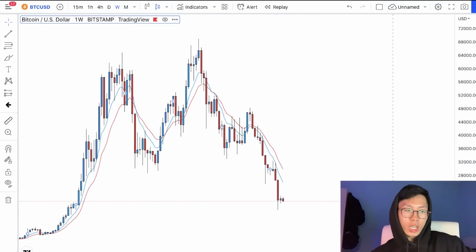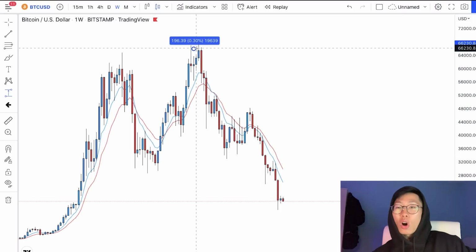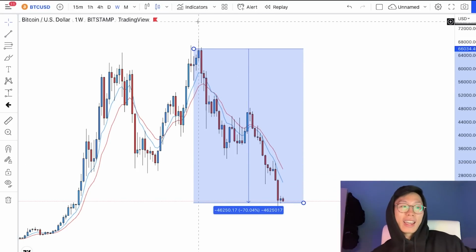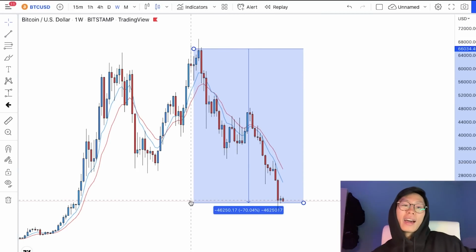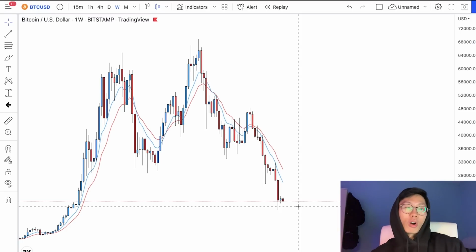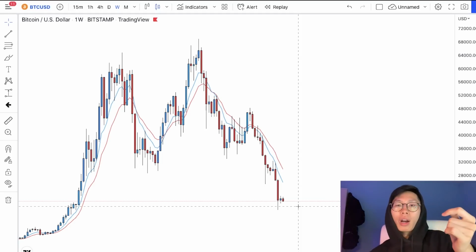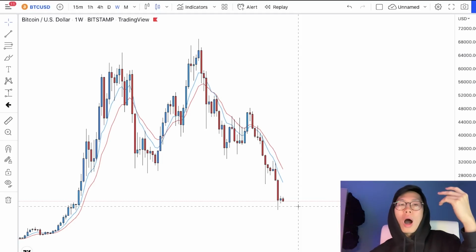You can see Bitcoin has just absolutely reduced its value by so much. From its all-time high all the way to right now, it has dropped over 70%. It went from 60k to 20k in less than half a year or so, which is pretty crazy, man. I really feel super shit for crypto investors or traders. Actually, I don't feel shit for traders, because traders probably make money in this market, right? But I really feel shit for those people who are holding cryptocurrency, because it must feel really, really shit.